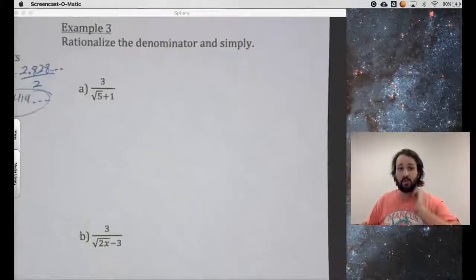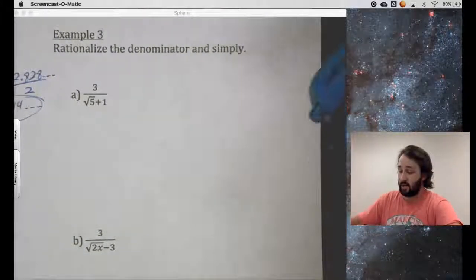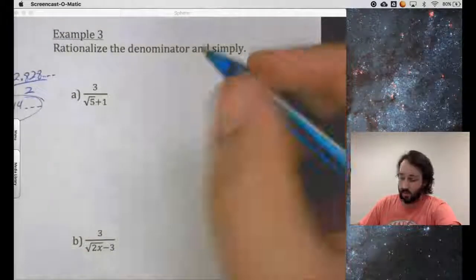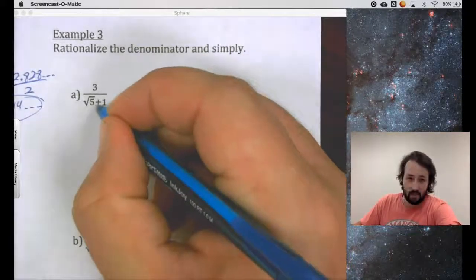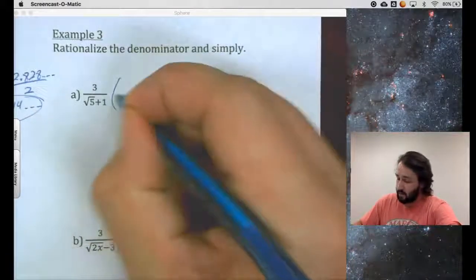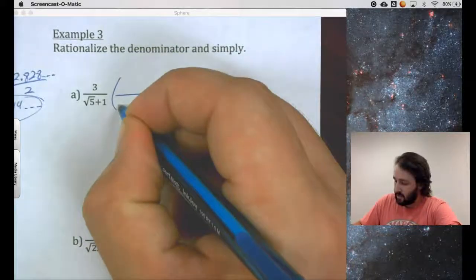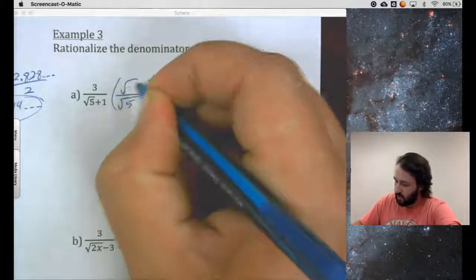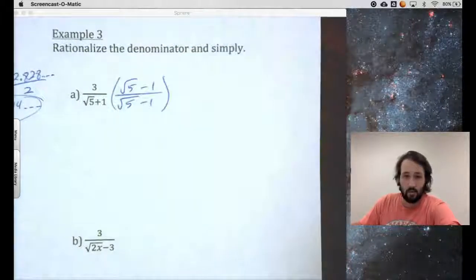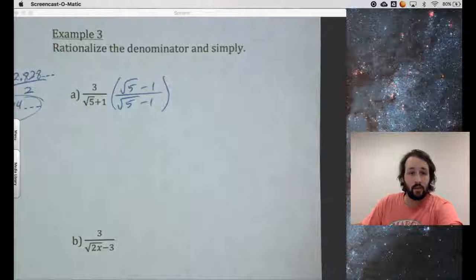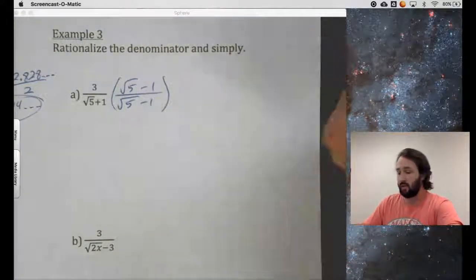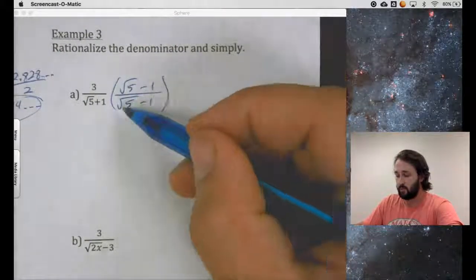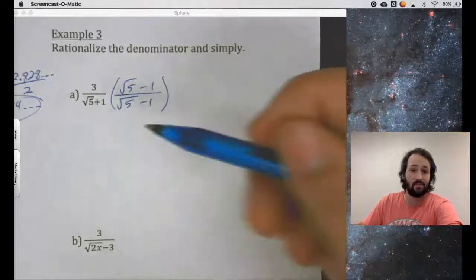So what we're going to do is use this to help us rationalize the denominator. The cool thing here is the conjugate of my denominator, so let's see what happens if I multiply by that. I have root 5 minus 1. Whatever I multiply to the top, I have to multiply to the bottom. Or same: multiply the denominator, you have to multiply the numerator. I have to multiply by 1. Root 5 minus 1 over root 5 minus 1 would divide to make 1, so I'm not changing the value